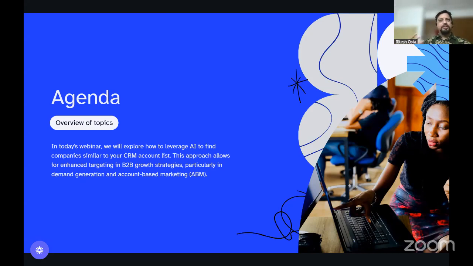Okay, it makes sense, right? You're selling to somebody, then a company similar to that particular company may also need your service. It's a no-brainer in many ways, but this is one of the most overlooked B2B growth strategies that I have personally found. Companies put a lot of emphasis on finding new leads, but they simply forget their own CRM database. So today we're going to talk about how you can leverage your own database to find new customers fast. All right, let's move on.